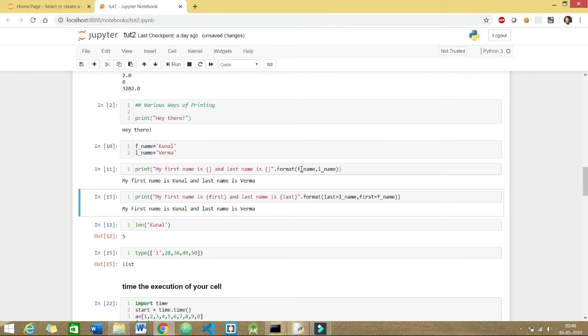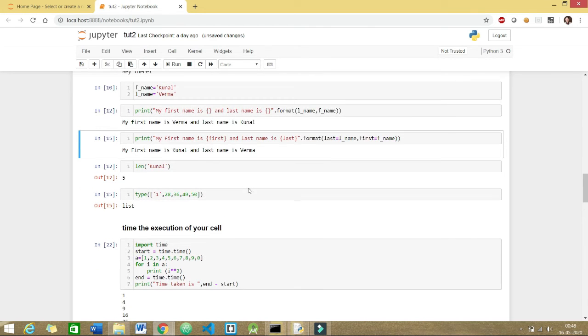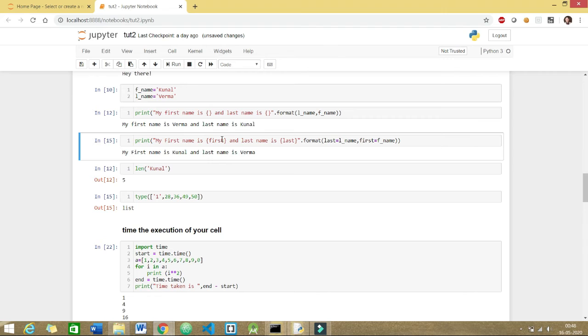What if I change this order to the last name and this to F name? So now you can see here the order plays a very crucial role. But to avoid this problem, we can make use of placeholders.